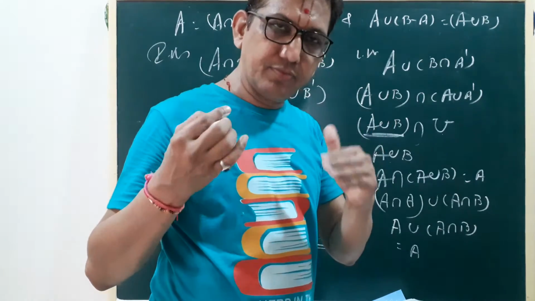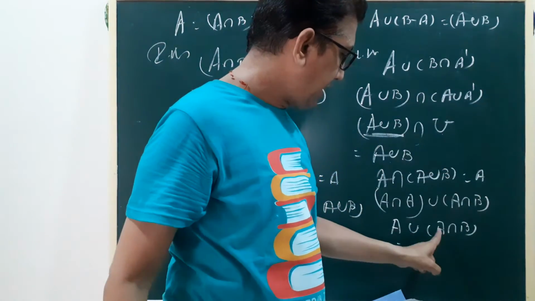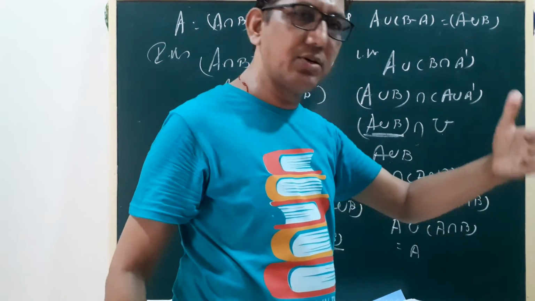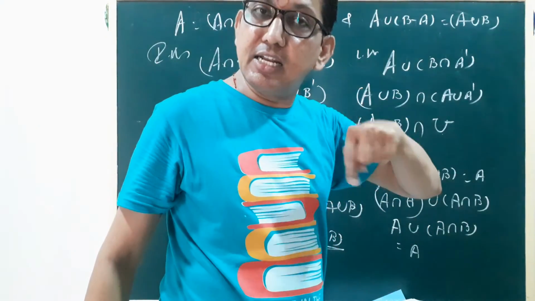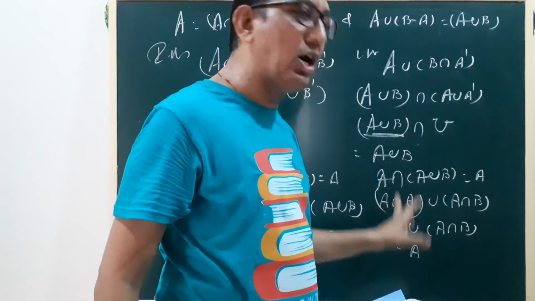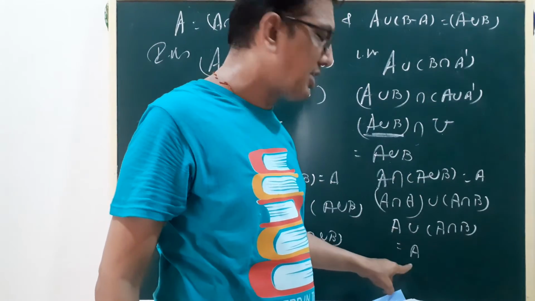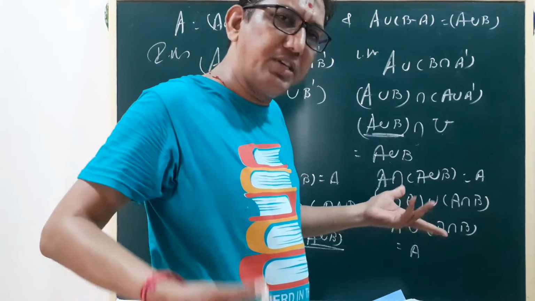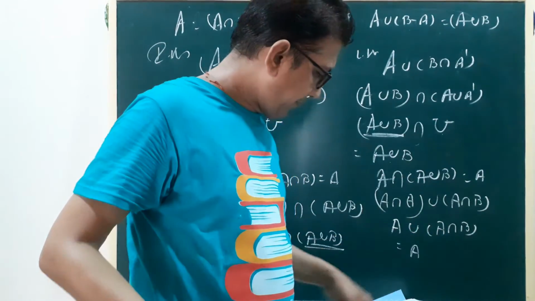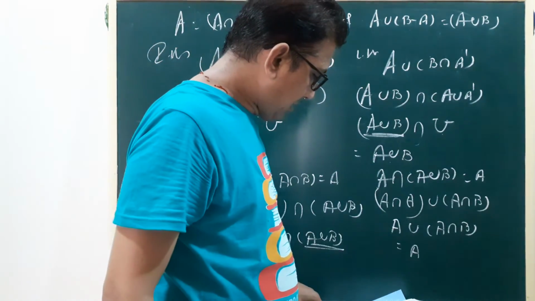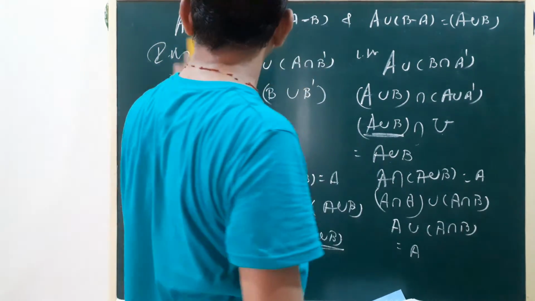Think of your own example. Right? A intersection B is the common elements of the two sets A and B. Then again in the union of sets A or B, if we take A here, the answer is A. If we take B here, the answer is B. Is it clear? Okay. So question number 9 is completed.